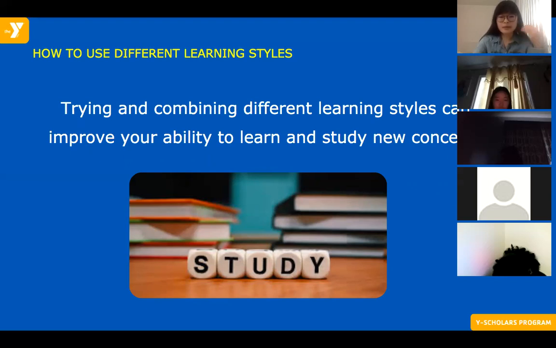So definitely always try to see what works for you. Try out different learning styles, different skills, habits, mix it up. Combine them because you will probably end up improving your scores, learning better, remembering more. So definitely try to mix it up or combine different learning styles.